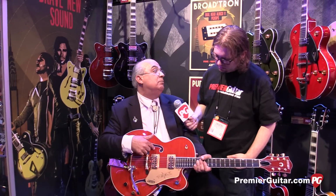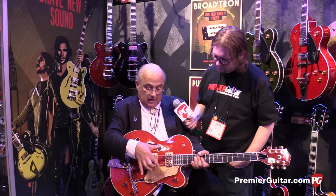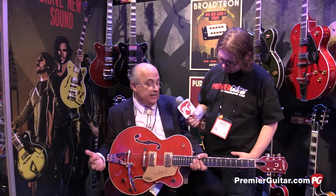This features ML bracing, which is a half of a trestle bracing, if you will. Again, it helps reduce, when you're playing at extreme volumes, guitar howl, if you will, because it's hollow body. And